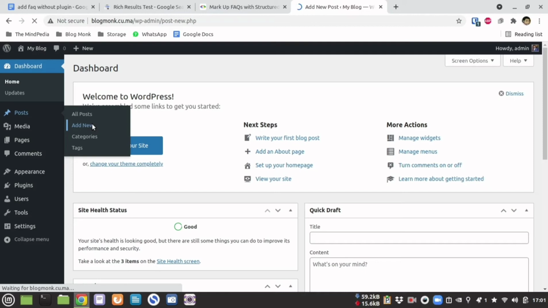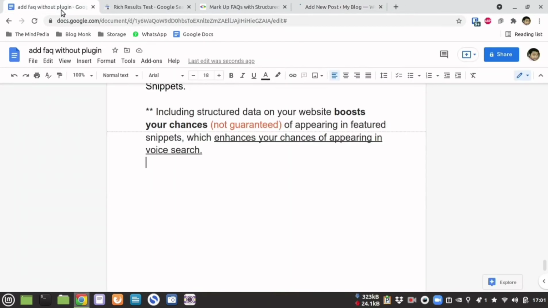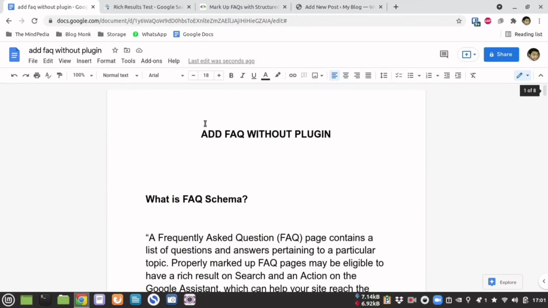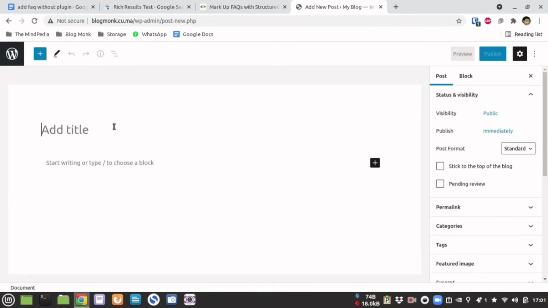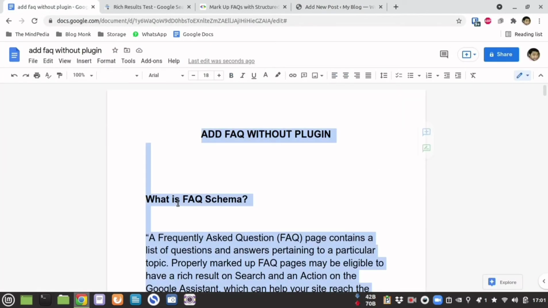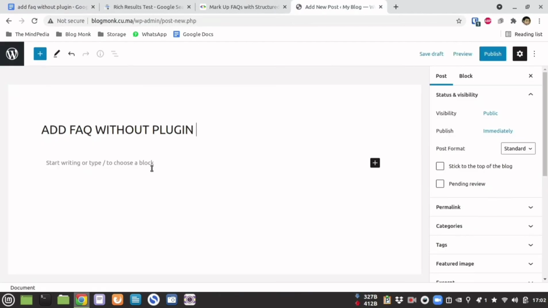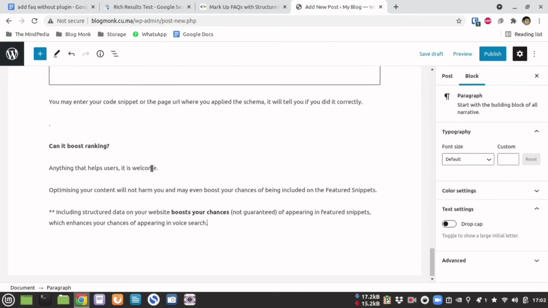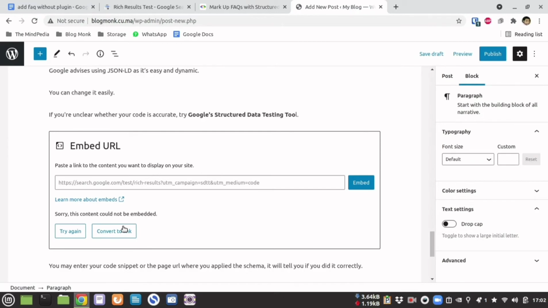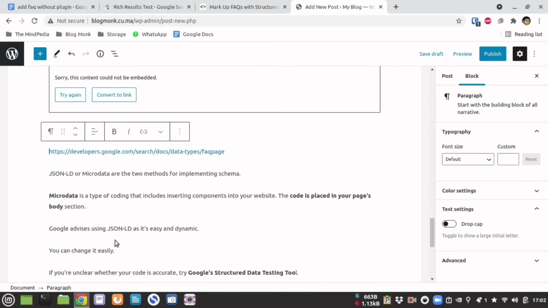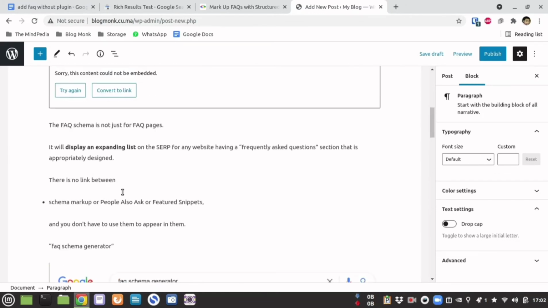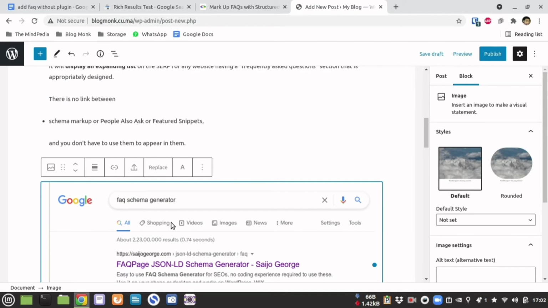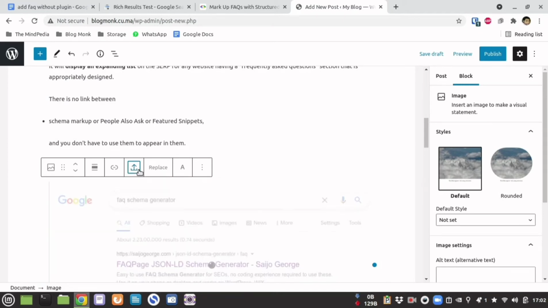Let me show you how to add FAQ schema in your WordPress website without using any plugin. Now for that reason, I am going to first start by writing an article. I am going to just copy and paste this and make a demo article out of it. And I'm going to show you that at first there will be no FAQ schema, and then once I add it, you can verify whether that has been added or not. So I'm showing you live. So as you can see over here, I have written an article.